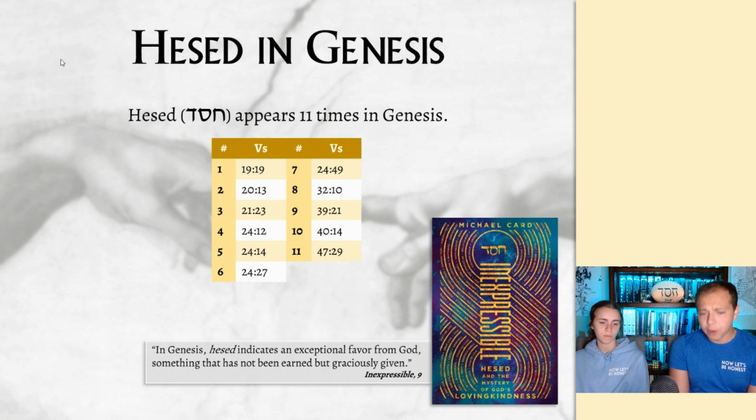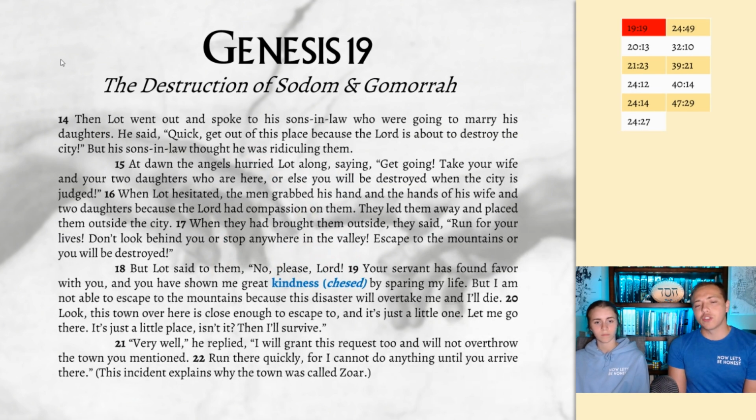And so, the first occurrence is in Genesis chapter 19, which is the story of the destruction of Sodom and Gomorrah. I kind of alluded to this already, but in Genesis chapter 18, we have this whole incident where God visits Abraham, and Abraham shows him this remarkable hospitality, which is contrasted by the lack of hospitality shown in Sodom and Gomorrah in Genesis chapter 19. And then, at the end of this whole hospitality moment, Abraham gets up and he walks with God and these two other visitors, and they walk for a little while, and eventually they get to this